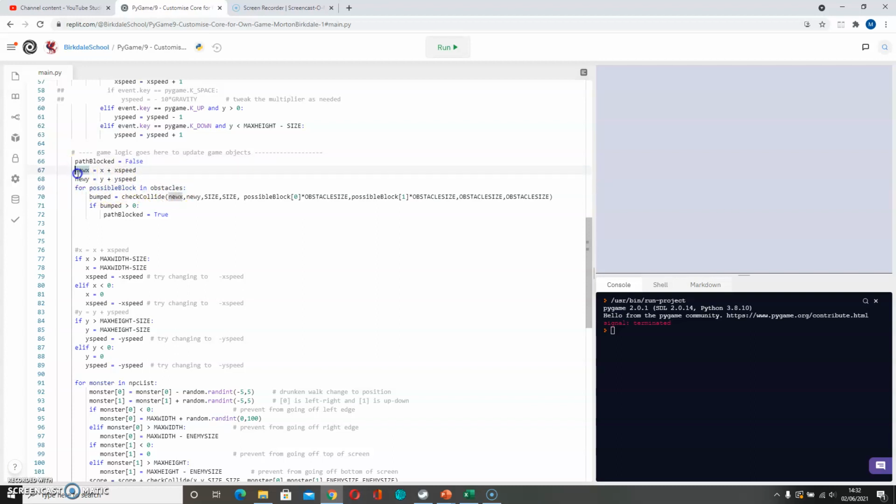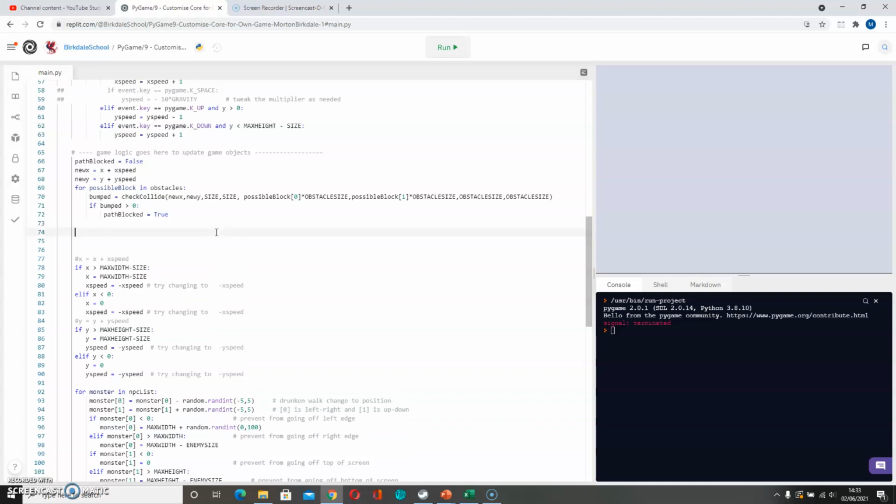We're looking at the possible positioning, new x and new y, of the player, and then we check this against each obstacle in the list, and if we've bumped into them, we have set path blocked to be true. So if we bump into any obstacle, then we know that our path got blocked. So what we're going to do now is sort our movement, and we have already commented out the original x equals x plus x speed, y equals y plus y speed. So what we're going to say now is, if path blocked